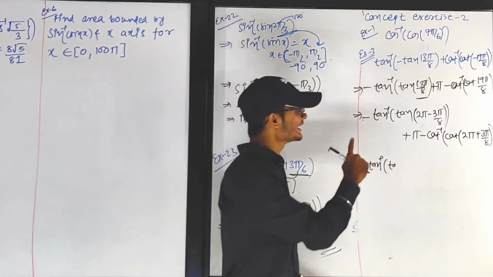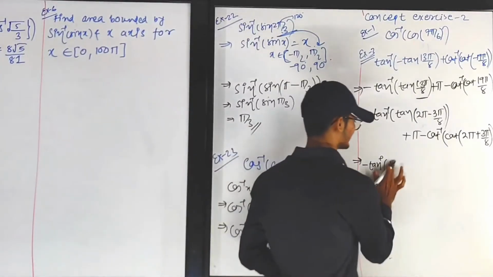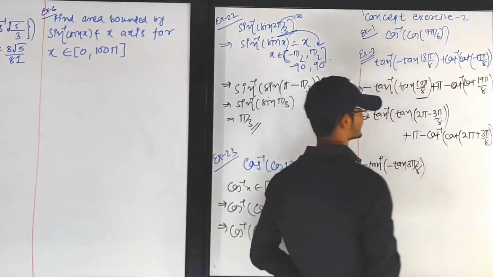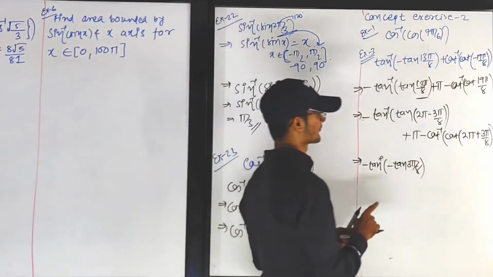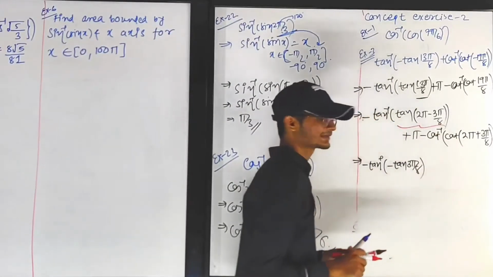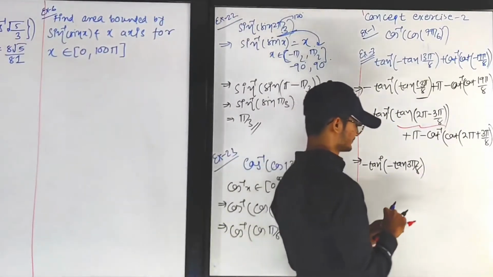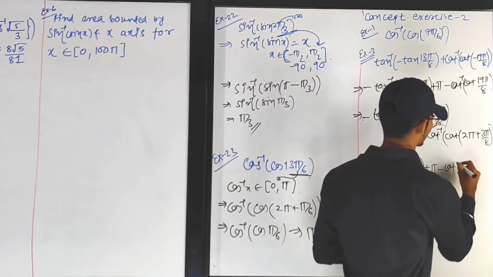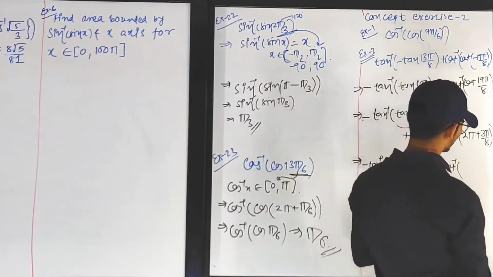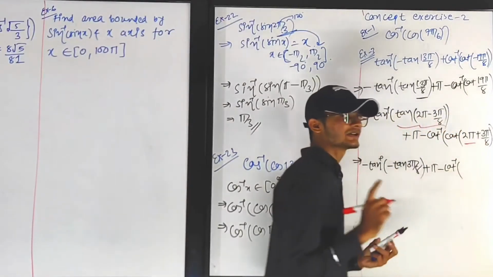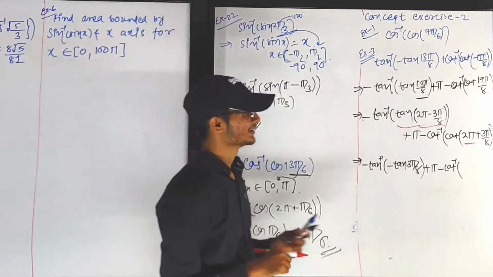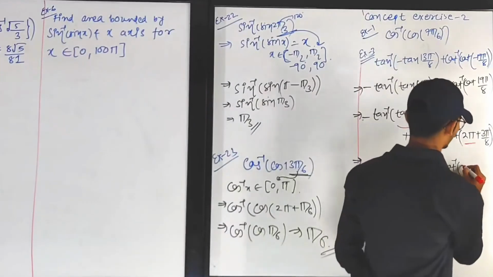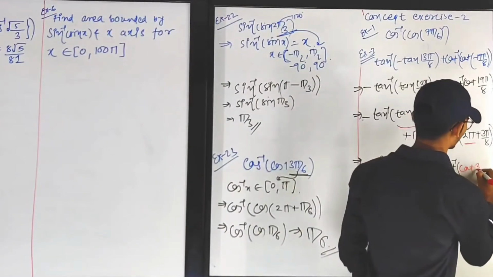In a fourth quadrant tan is negative, so that's why here we have to write minus tan 3 pi by 8. Minus tan 3 pi by 8. Now plus pi minus cot inverse, here 2 pi plus. 2 pi plus means first quadrant. So in the first quadrant cot is positive, so we can directly write cot 3 pi by 8,